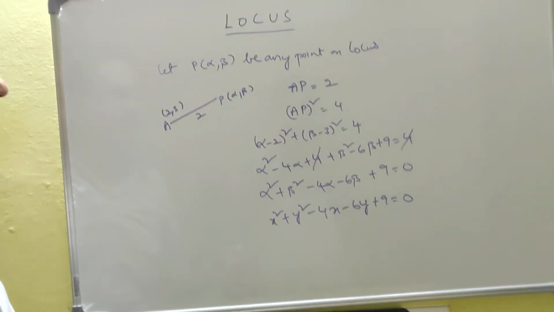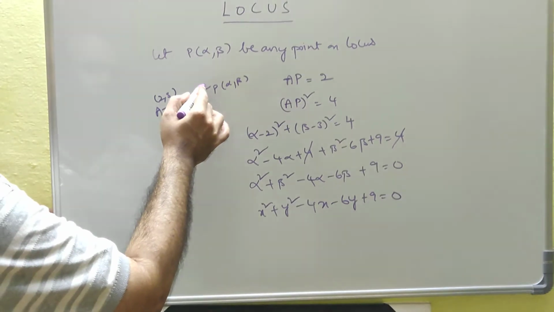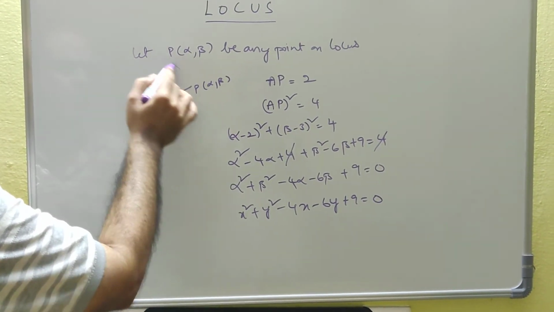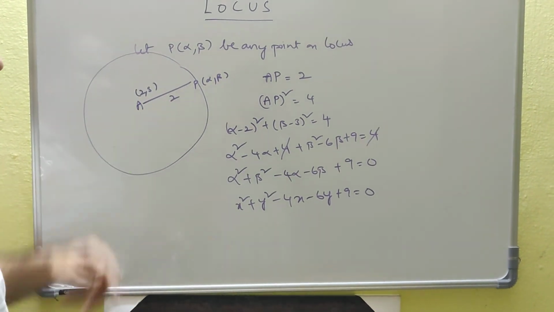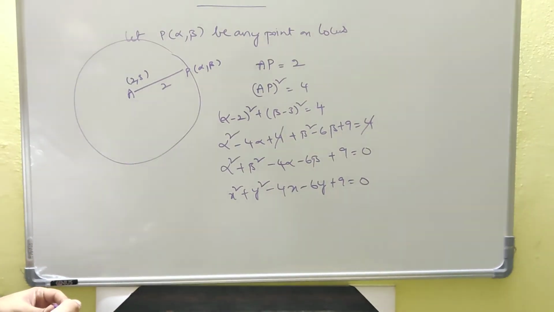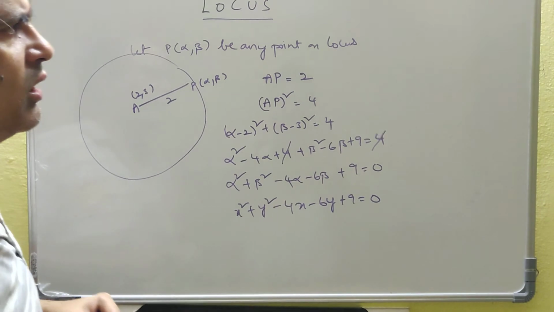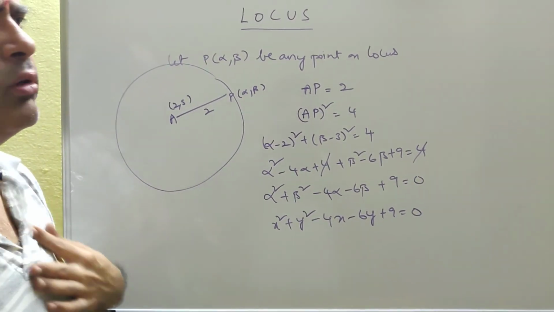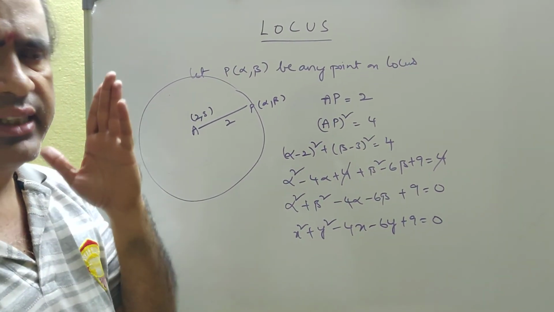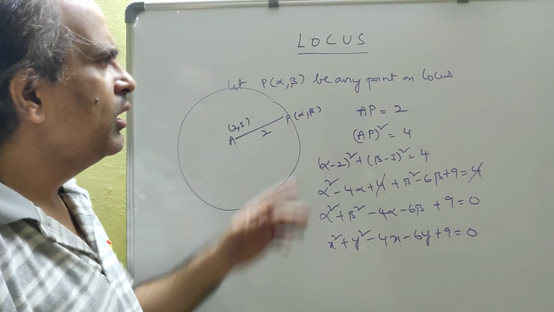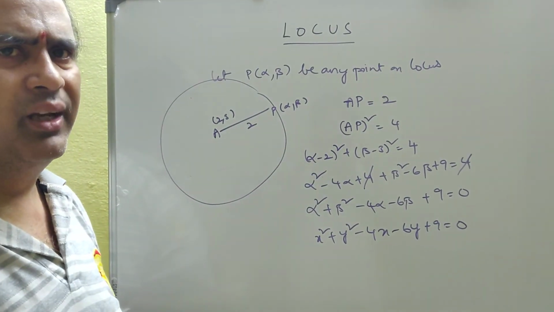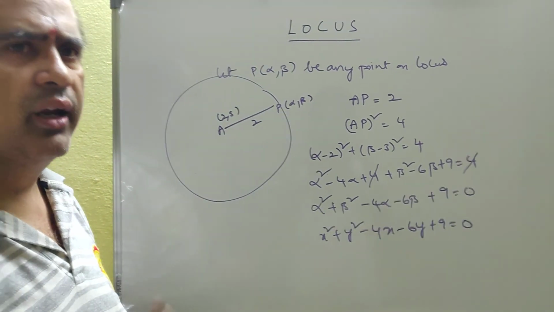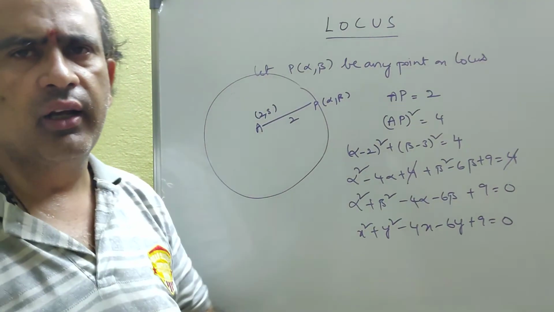Now, what is this equation? I can have many points which satisfy the condition. Wow, this equation represents the equation of a circle. Okay, children, in this way, just by looking into the problem, you should know what is the condition given and then follow the 4 steps that I said, and start solving the problem. It can be a ratio, it can be a right angle triangle, it can be area of triangle, anything.